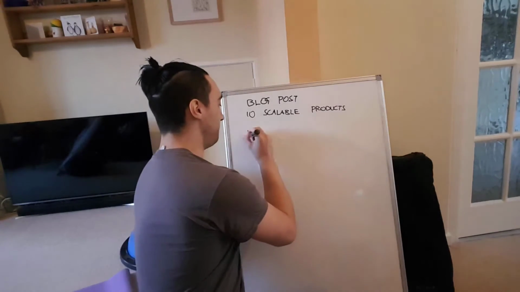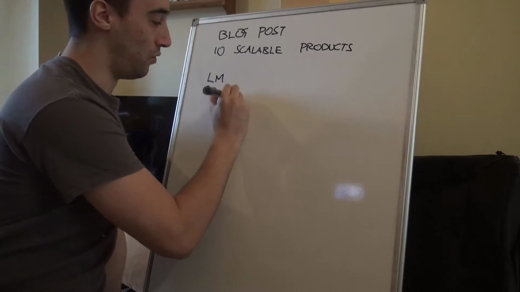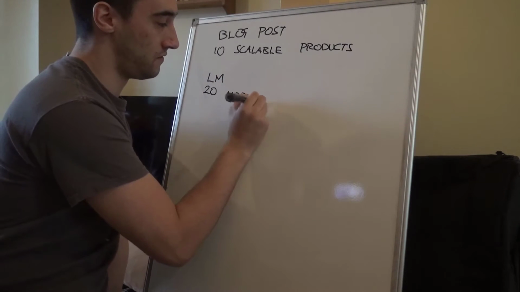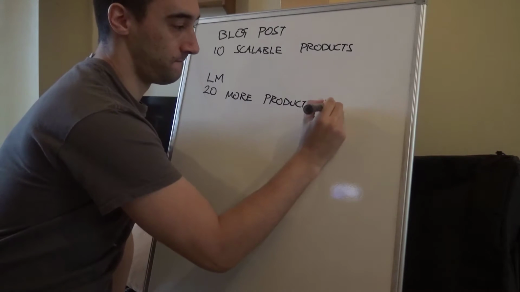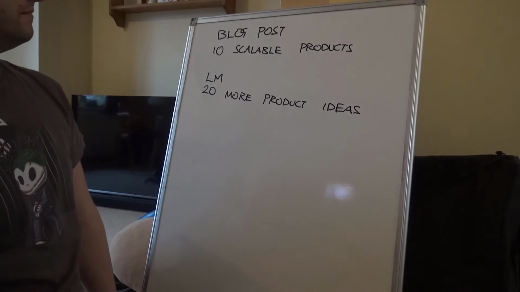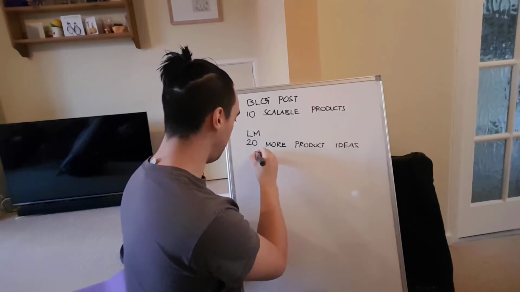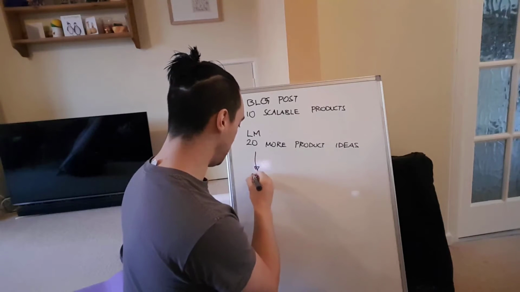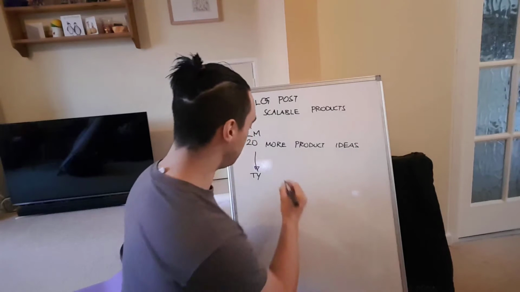The lead magnet is then going to be 20 more product ideas. What's going to happen is they come through to the landing page, then to the thank you page. I want to have a thank you page. Now, remember, the golden rule of thank you pages is acknowledge,